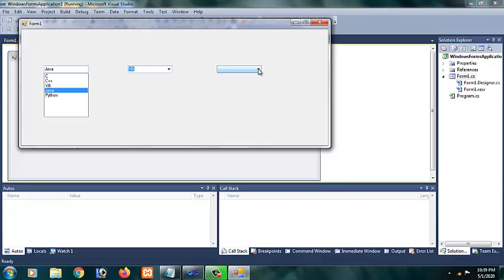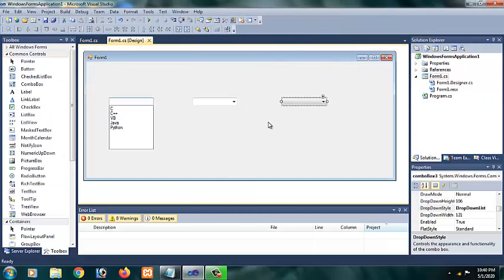In the third case, nothing is shown here. The user is permitted only to select the item from the list. So hope it's clear to you. This is the difference in these three features: simple, drop down and drop down list.